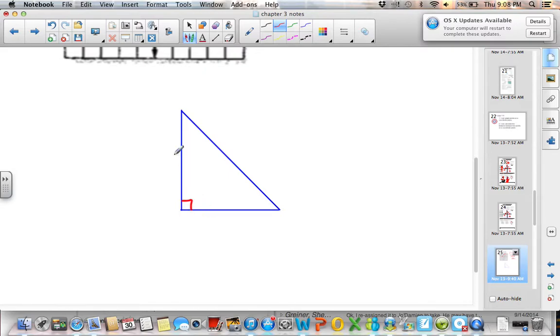If it has a leg of 7 inches and a hypotenuse of 10 inches, I want you to find what B is, how many inches, rounded to the nearest tenth, what B is,